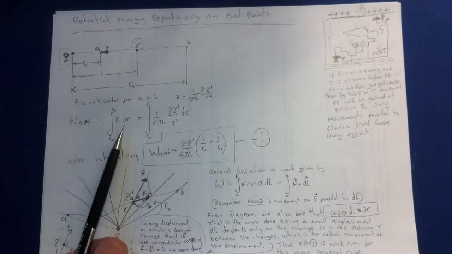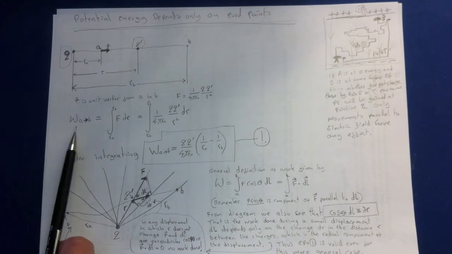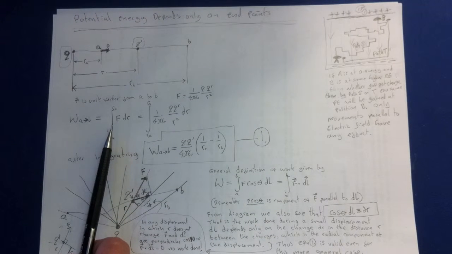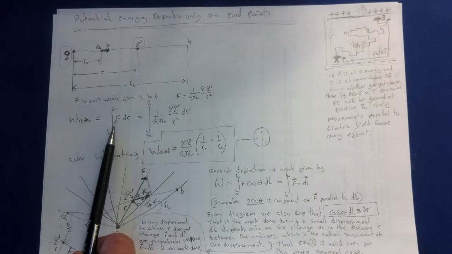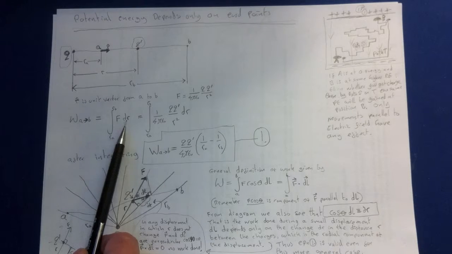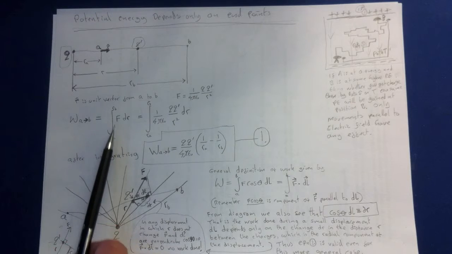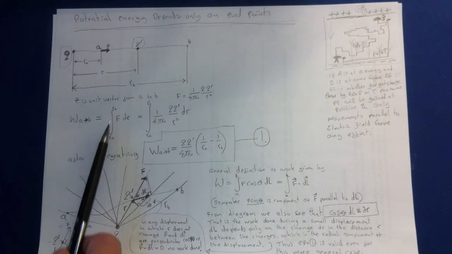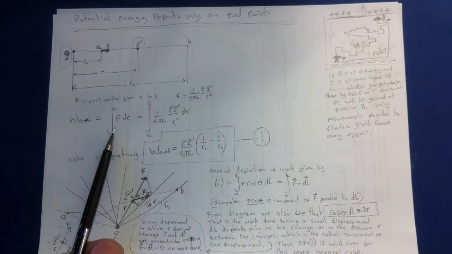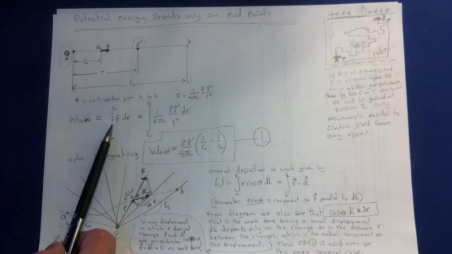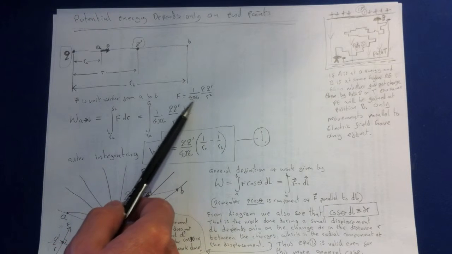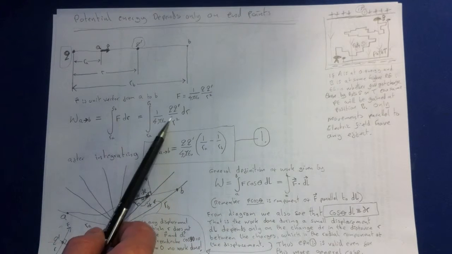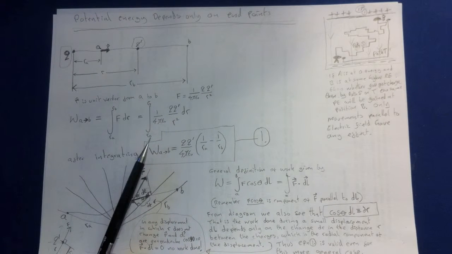So what we can say is the work done by the force on Q' as it moves from RA to RB is given by this equation here. So we're integrating. The work, as you know, is the force times the distance, but we want the work over the distance from A to B. So we'll form the integral there, and then we'll use the force, which is simply Coulomb's law, and we'll insert that here,